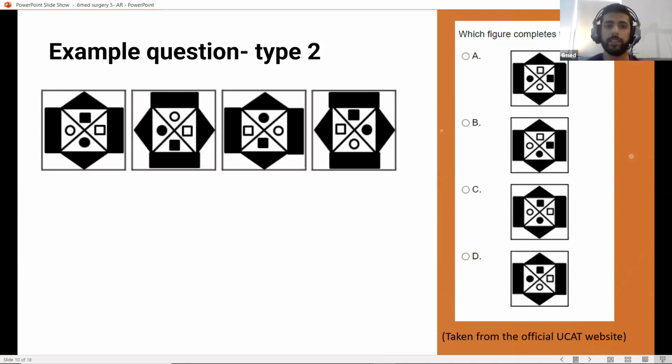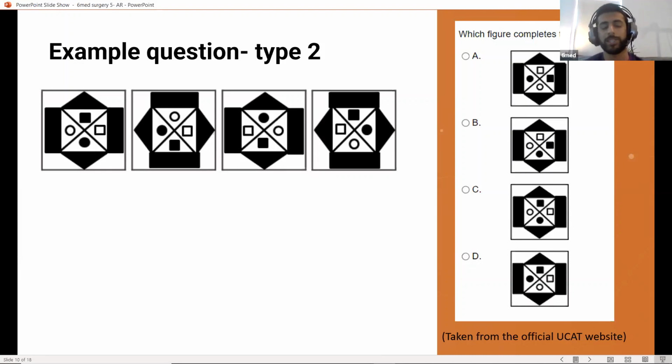And then once I've seen what's happening with the outer shape, I'll then have a look at what's happening with the inner shape. So I just quickly in my head go circle, circle, square, square, and then what's happening on the next one. That's going from the bottom around. And the next one is square, circle, circle, square. So it seems like they've rotated. And I think, okay, has that happened next time? Yes. Has it happened on the next time? Yes. Okay, so they rotate.